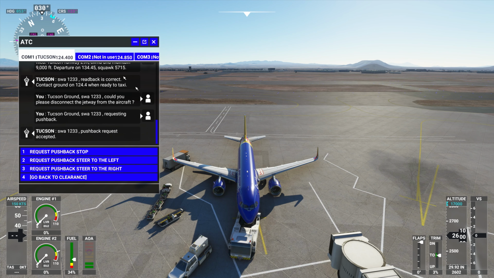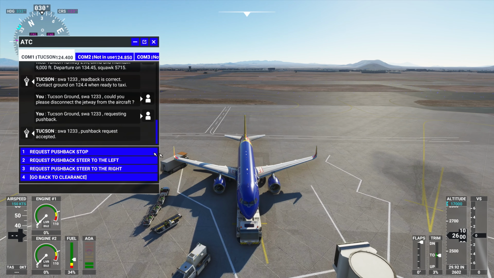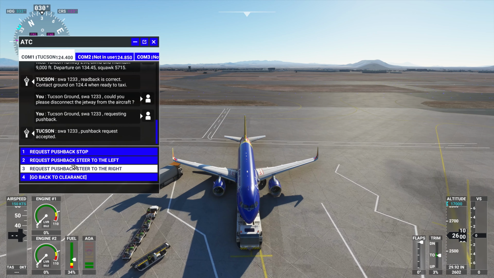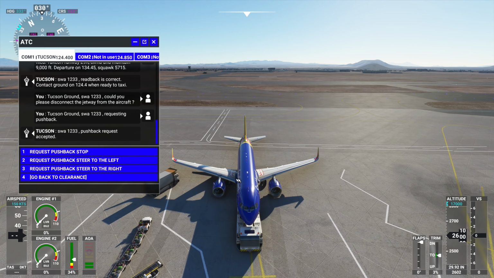If we want him to push the aircraft back to the left, and by the way, whichever side of the aircraft you want it to go, that's which one you select. So if you want it to go this way, we would select the right side of the aircraft. And we're taking off, so actually we are going to do that. If you had the audio on, when you select request pushback, steer to the right,